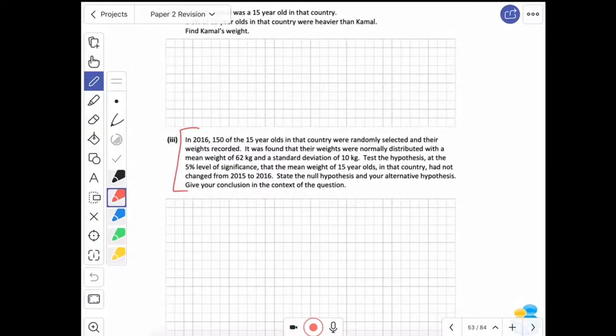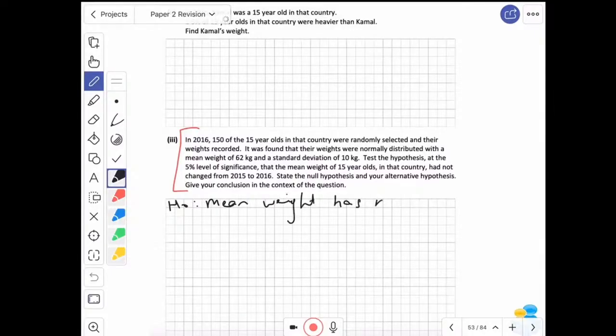But now we're talking about 2016 and we're talking about the sample. Now, I think this question is very obvious that it's a sample mean question. So it's not the proportion, it's the sample mean. Think about, we're talking about the means and the standard deviations. So what we're going to do in this question to start off with is state our null and our alternative hypothesis. So H0 is that the mean weight